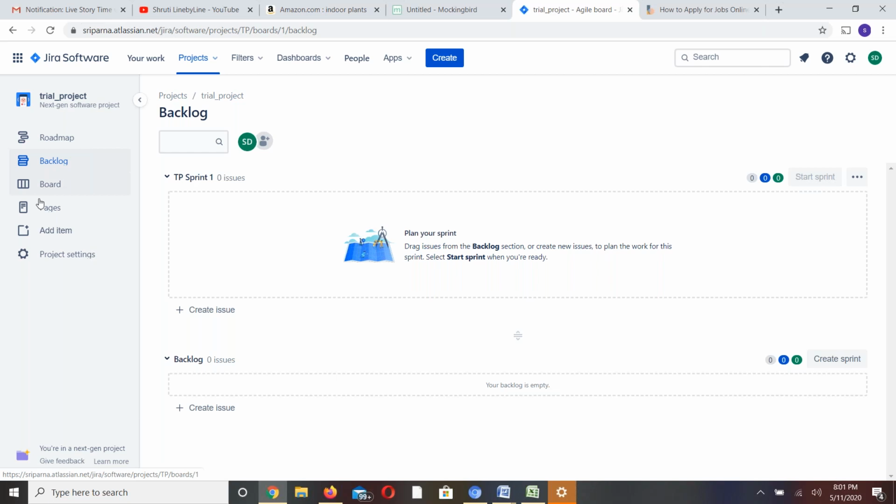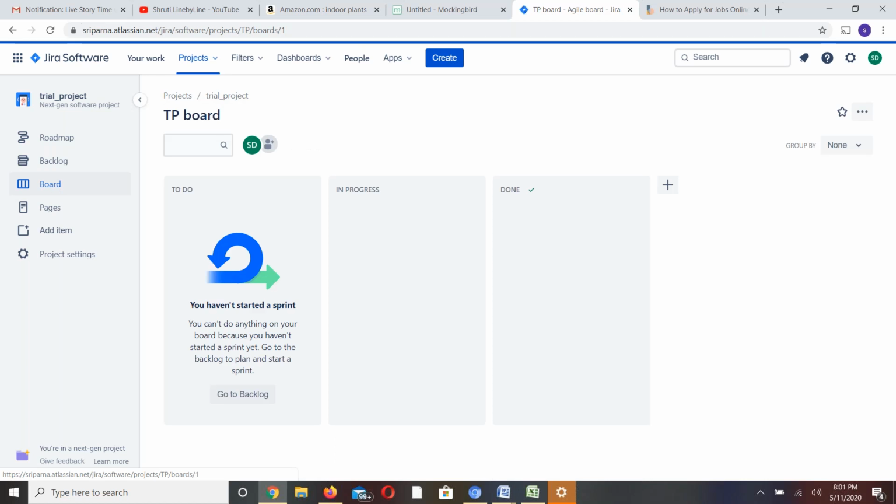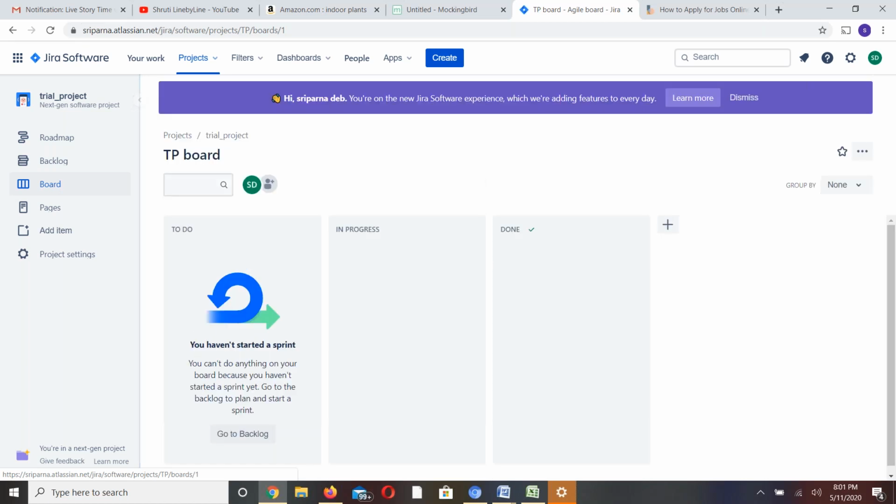Again, you have the sprint board, as I said a few minutes back. The board gives you the to-do items and in-progress items. You can define these actually.